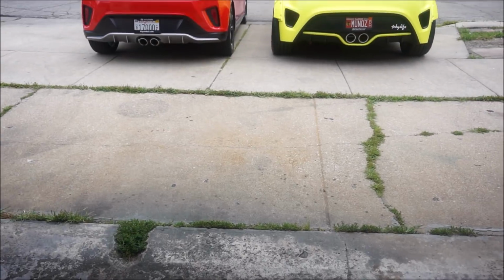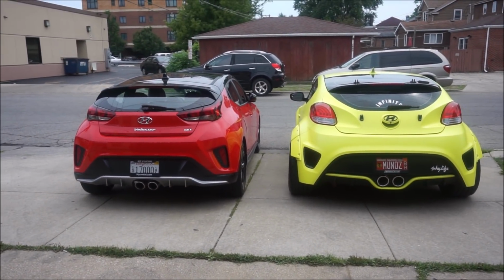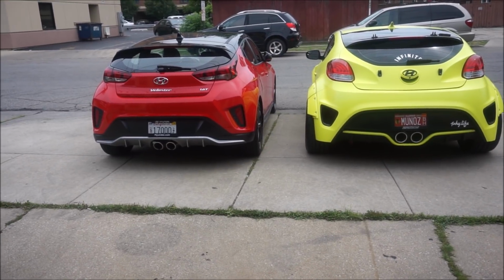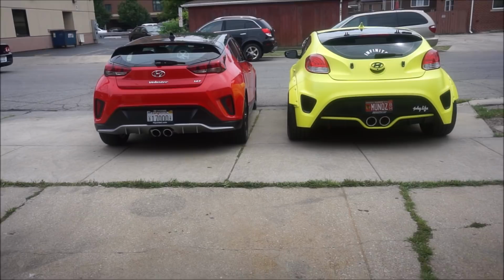Alright, so I was sitting here staring at the cars, and I was just wondering, like, they look too different. And one of the reasons why is because my car has that huge wing on it. So I took it off. Now there's a better view, I guess you could say, of how similar the cars are or how not similar